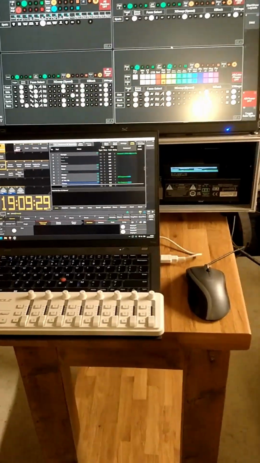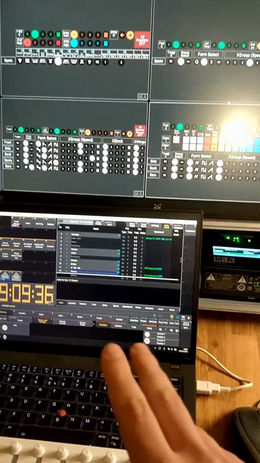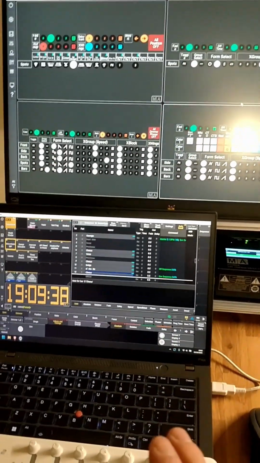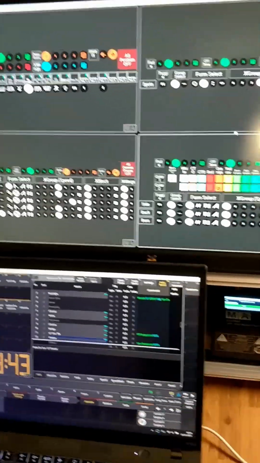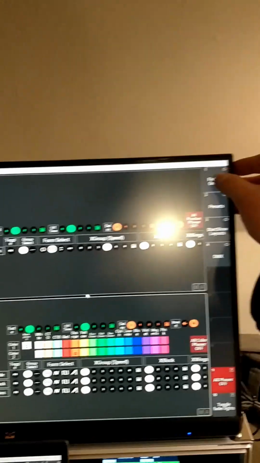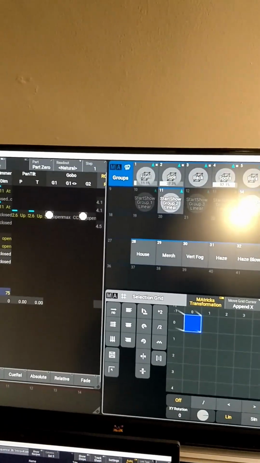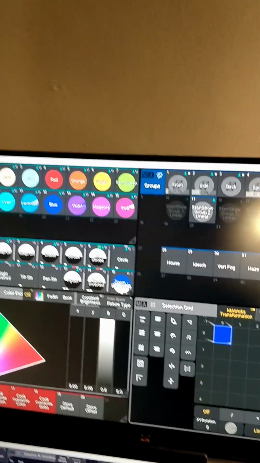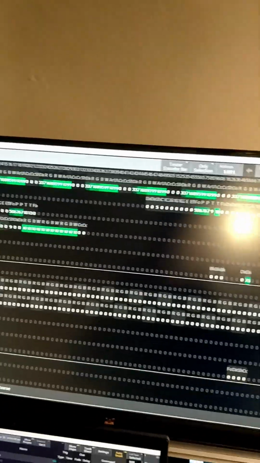So I'm going to start with the lighting control. Laptop here running MA3 on PC with an external touchscreen. So this is a touchscreen as well, so two touchscreens, which is quite nice. During setup, I've got a lot of things to do here to get everything prepped and working, DMX tester, but